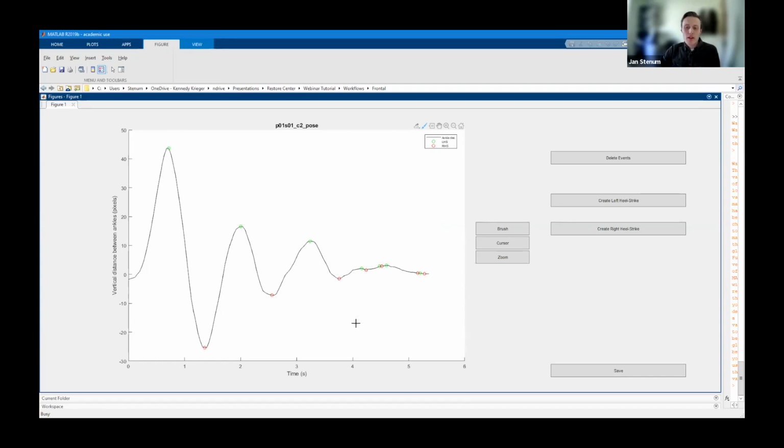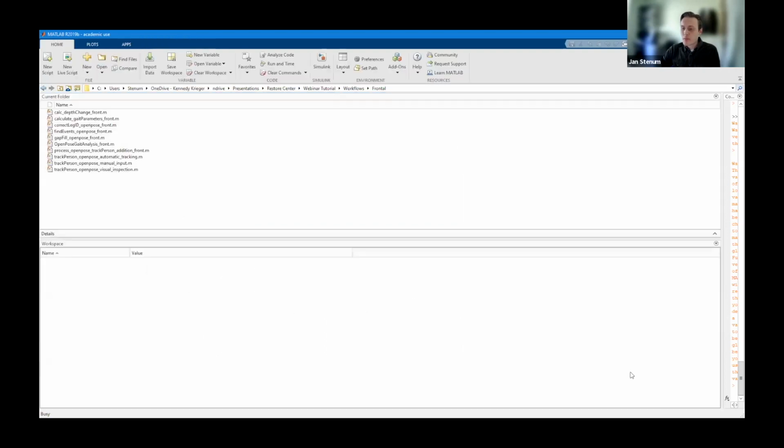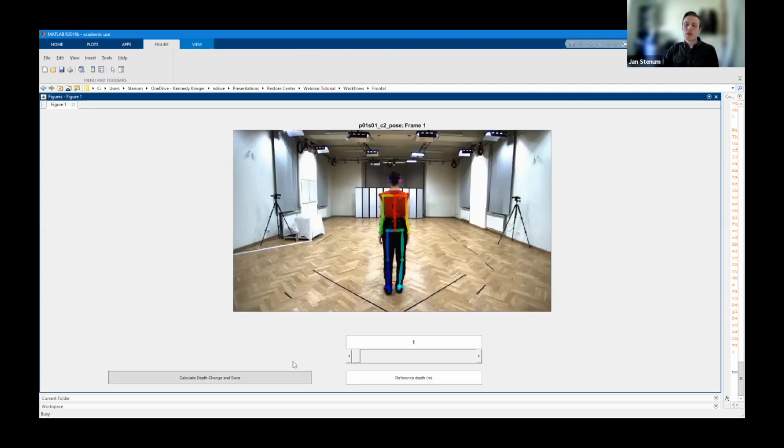In order to get rid of spurious events, as shown here at the end, we can use the brush tool and then the delete button right here in order to delete those. And we can also create heel strikes if we need to do that. Once we have finished this step, we can go ahead and click Save, and that will pull up the last step of the frontal plane workflow, which is inputting the distance from the person to the camera